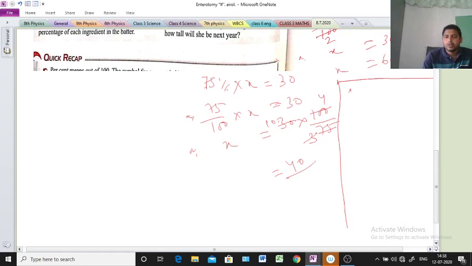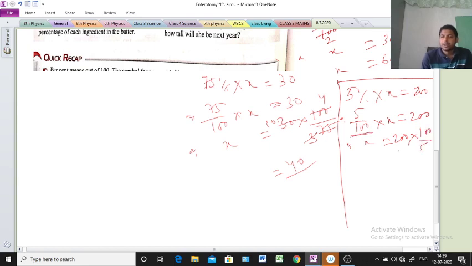5%, no? So we will write what? 5% of means multiplication, x equal to rupees 200, only given. So 5% means we can write 5 by 100 into x equal to 200. Now we find out x. X equals 200 into what will come? Here was 5 by 100, so here will come 100 by 5. Understood? Clear or not?